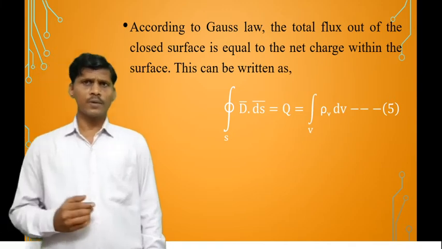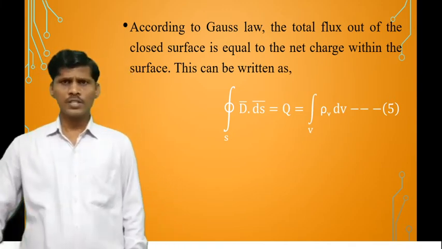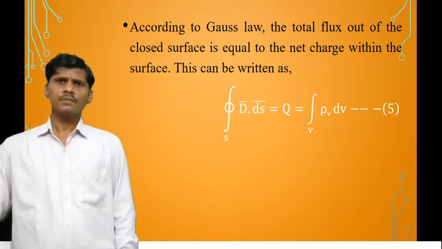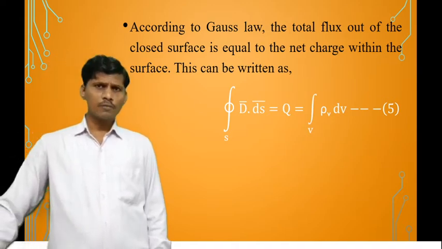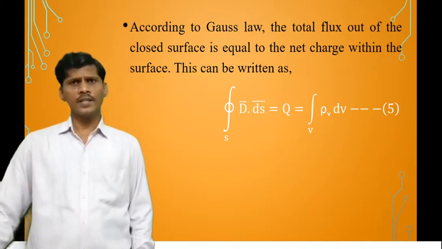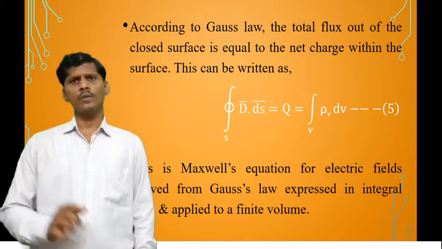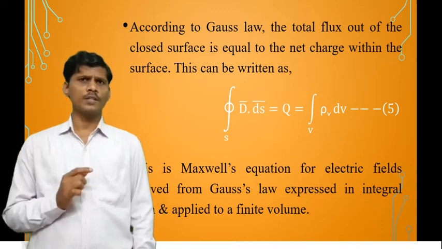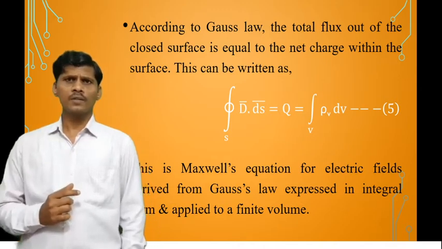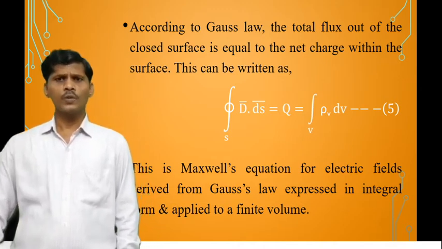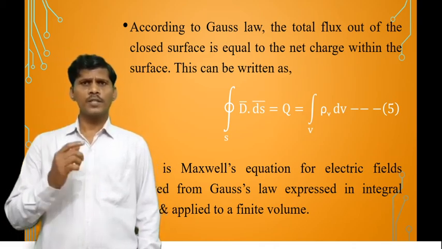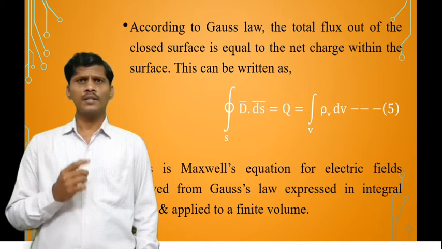Maxwell equation for time varying fields. So this is a Maxwell equation, Gauss law for electric fields. Gauss law for electric field, Maxwell equation for time varying case. Next, find out the differential form of Maxwell equation for time varying fields, Gauss law for electric fields. How to calculate the differential form of the Maxwell equation from this expression using divergence theorem.